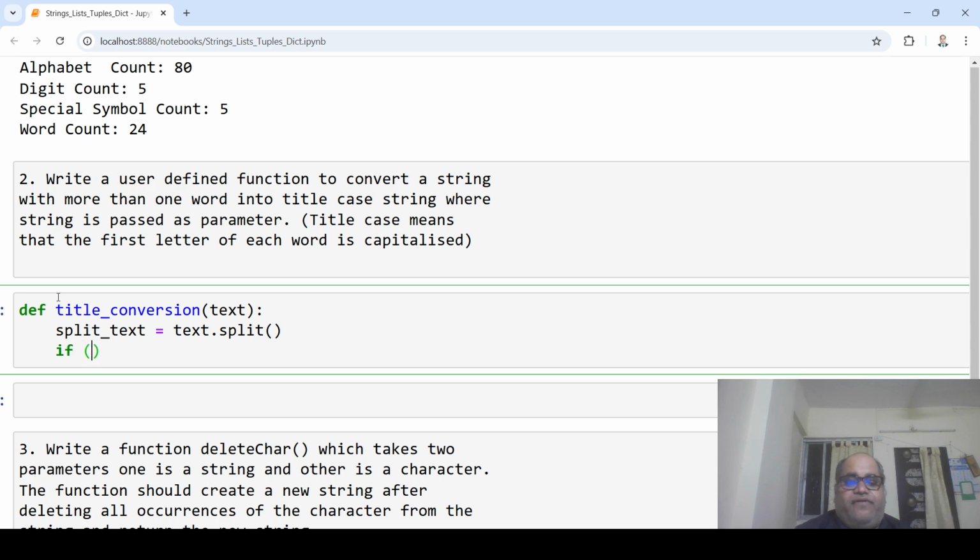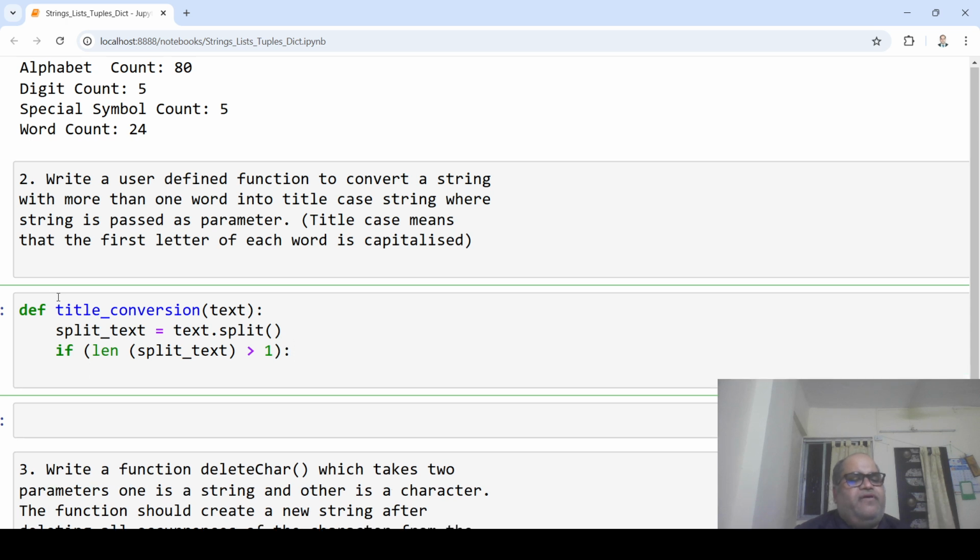Then if length of split text is greater than 1, then what we have to do, title text, right, is equal to